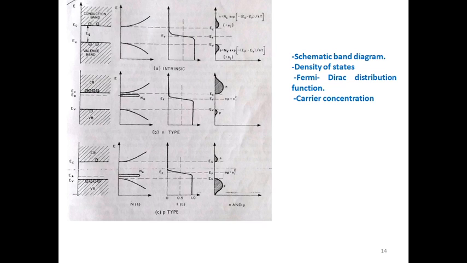As we go to C, the p-type semiconductor, here n is very small and the holes are the majority carriers, larger in size, and n is the minority. In the density of states we show the acceptor concentration, Na. Then we can easily compare the intrinsic semiconductor and extrinsic semiconductor in terms of carrier concentration, band diagram, or density of states.